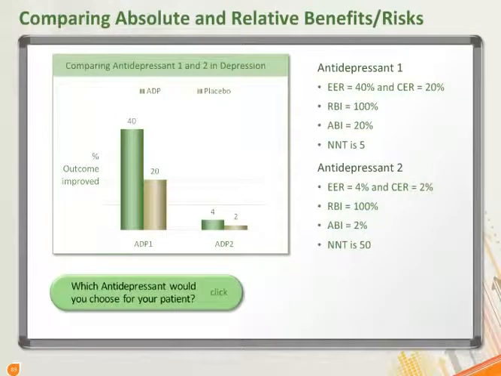This is an important aspect as relative benefits may be used to make one drug look better than the other, but it is the absolute benefits and NNT that help us in decision-making. If the drug reduced the risk of an event, then the relative benefit increase, or RBI, becomes the relative risk reduction, or RRR. Remember that the statistical significance of the NNT can only be inferred from the p-value and confidence